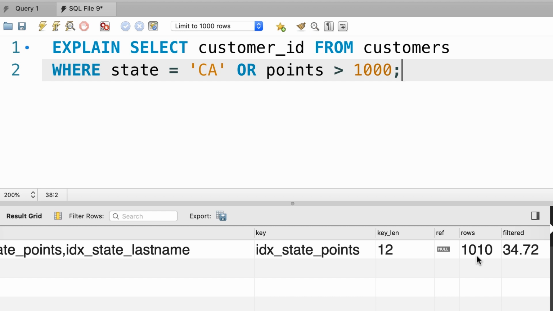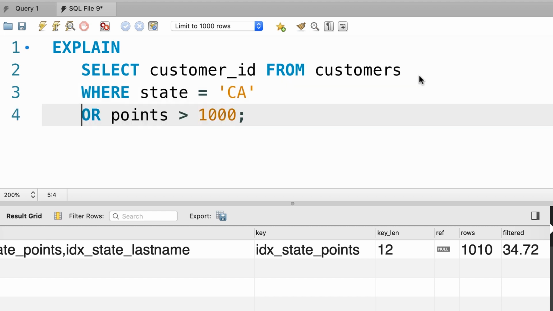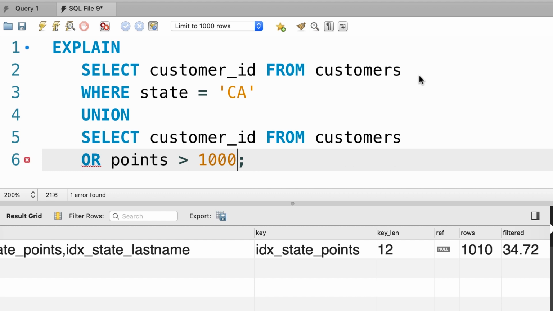So how can we optimize this query further? This is one of those situations where you have to rewrite your query to utilize your indexes in the best possible way. In this case, we're going to chop up this query into two smaller queries. First, we're going to select all the customers located in the state of California. Then we're going to union that with another query that picks customers who have more than 1,000 points. So let's break this up into two smaller queries. Here's the first one. Then we union this with another similar query, but with a different where clause,